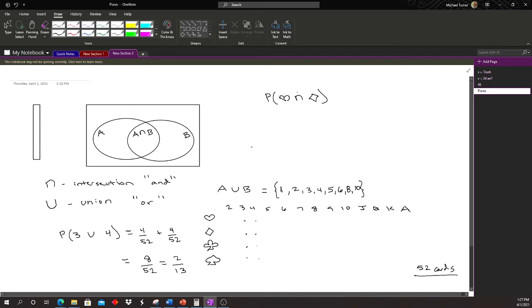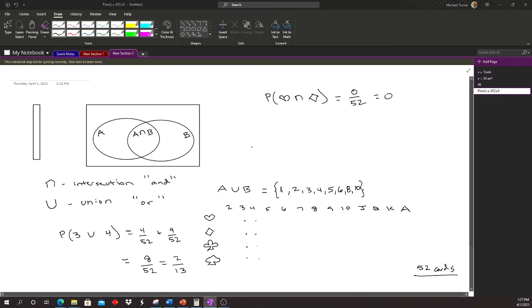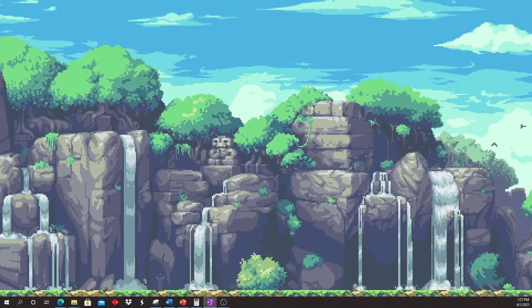So again, you're pulling one card out of the deck out of 52. It's impossible to draw a card that is both a heart and a diamond. Those are separate cards. So this probability would be 0 out of 52, or 0. So if there is no overlap, it is possible to end up with cards that don't have